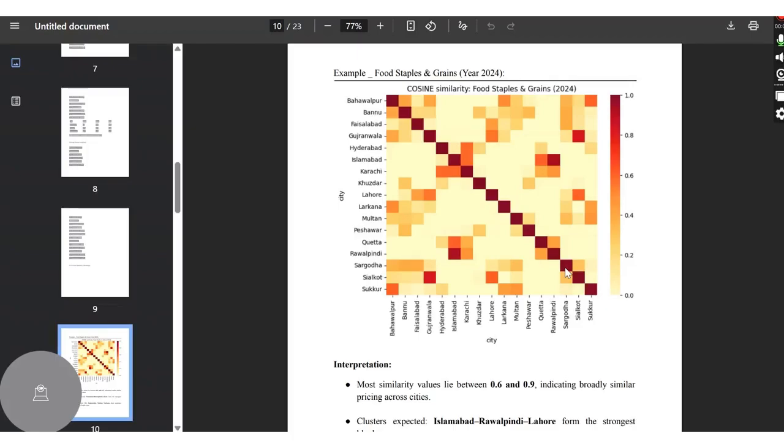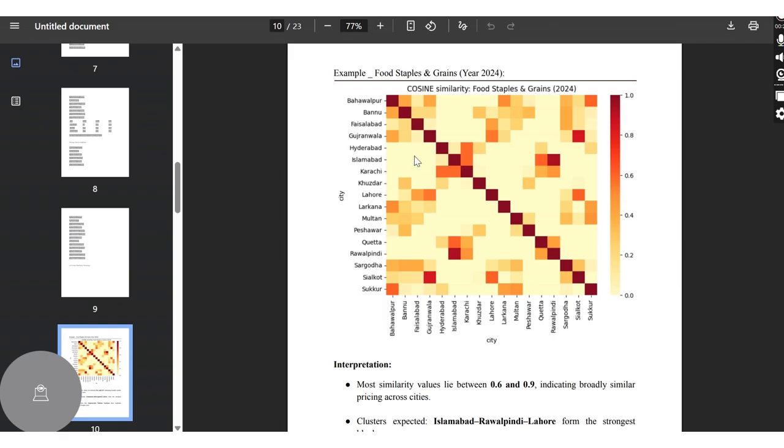Let us explore the visual results, starting with the heat maps. In the food staples category for 2024, Islamabad, Rawalpindi, and Lahore form a strong similarity cluster, with scores around 0.77 to 0.8. Other cities like Larkana, Sukkur, and Bahawalpur have moderate similarity, showing regional patterns as you can see in these